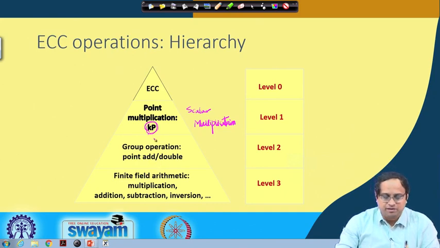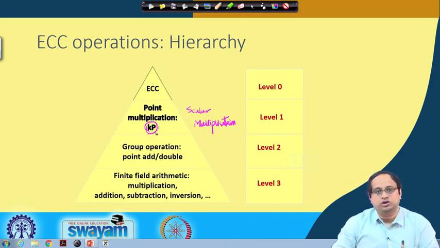Okay. So, if you are adding the point P k times, that can lead to a very inefficient operation. So, there are techniques to make it more efficient. That means how you can make the scalar multiplication more efficient, so that it works in a reasonable amount of time and consumes a reasonable amount of resources. That is essentially the main theme of today's discussion: how you can do the scalar multiplication in an efficient manner.